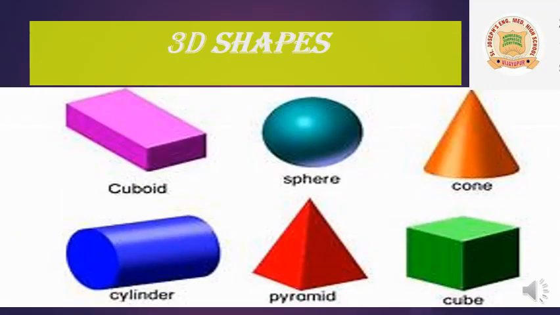Here come 3D shapes. Nowadays 3D is all over: 3D film, 3D shapes, everywhere is 3D and 3D. So we are going to learn 3D shapes. First is the cuboid. A cuboid has 6 faces and 12 edges. Okay, if you want to see a cuboid example, you can see a shoe box, or your compass, and your eraser. These are examples of a cuboid.